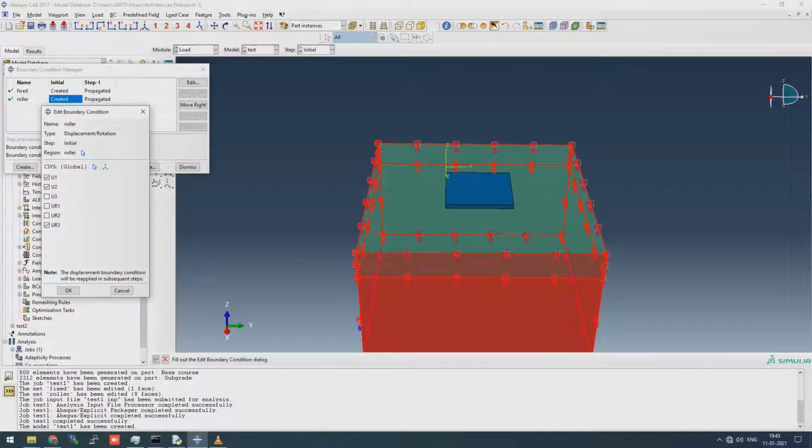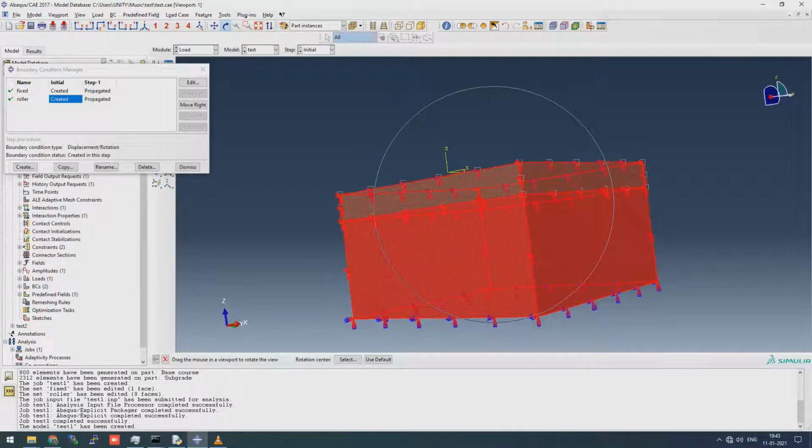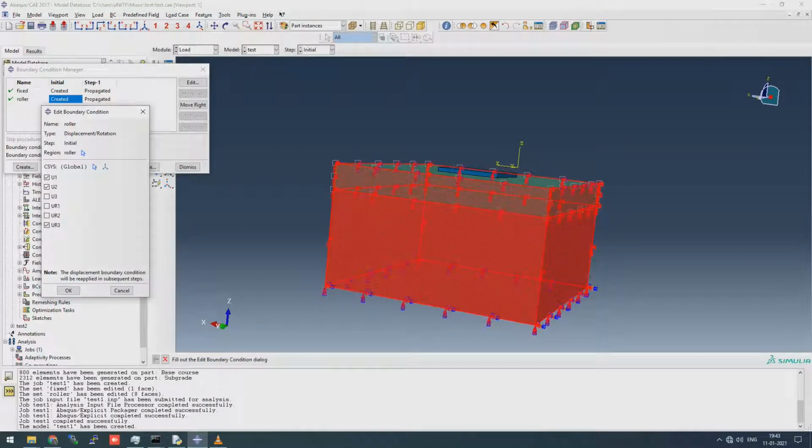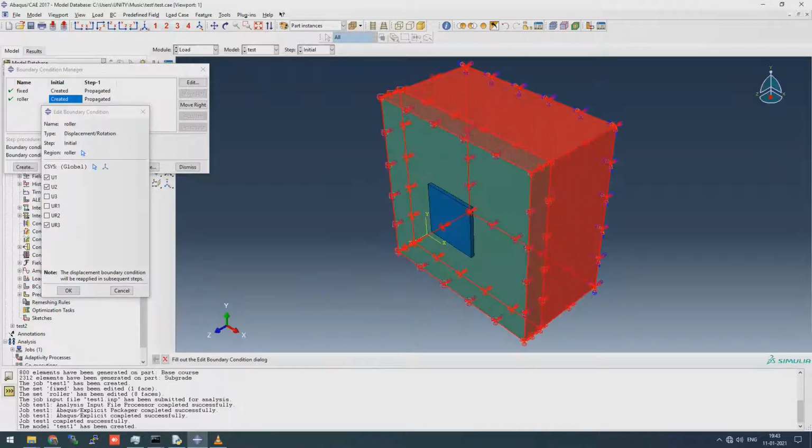And you can create a roller boundary condition on all the vertical sides except for the plate. This roller boundary condition will allow displacement in only one direction, as you can see here.